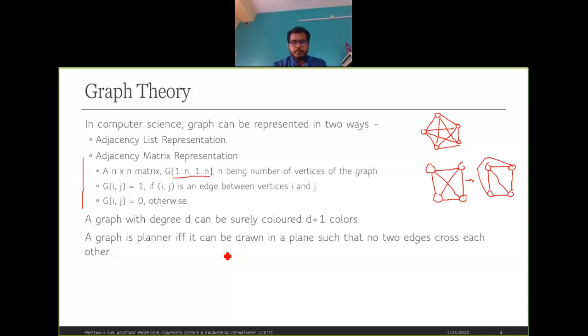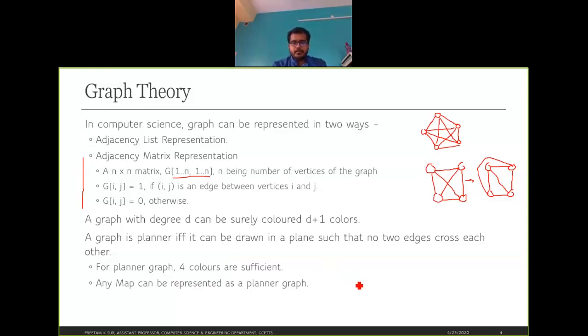It is seen that for a planar graph, four colors are sufficient. Initially it was thought that five colors were sufficient, but later it was found that four colors are sufficient to color a graph which is a planar graph. Any map can be represented as a planar graph.